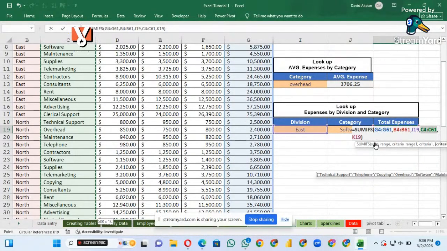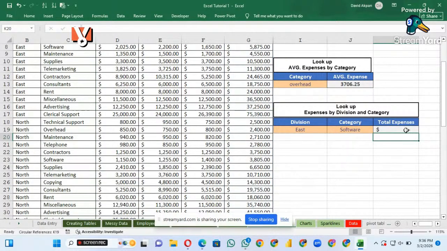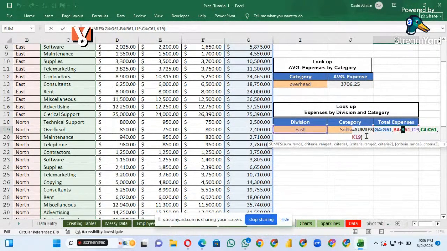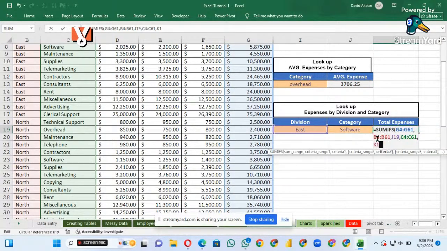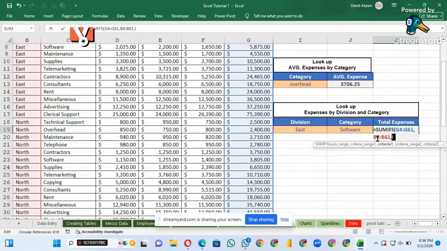This is our sum range, which is the first one here. This second one has to do with the range of the first criteria, and then this is the cell which has the first criteria. This is the range of the second criteria, and this is the cell that contains the second criteria. Okay, what is supposed to be the problem? Okay. So a second way that we can do this, if you have a challenge with a formula like this, is